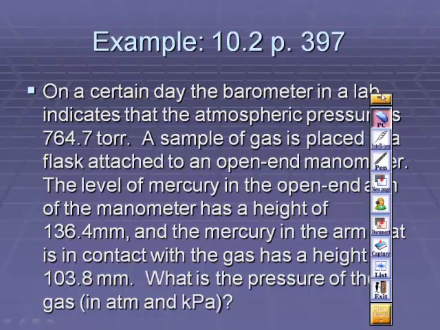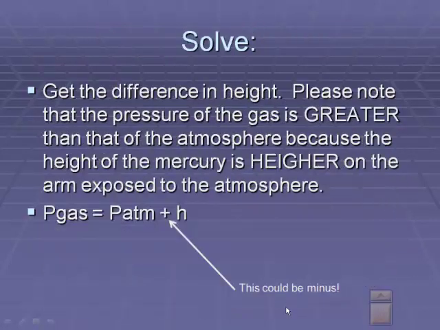So my one tiny little hesitation on this particular thing is that I want you to realize that it says, get the differences in height. Please note that the pressure of the gas is greater than that of the atmosphere because the height of the mercury is higher on the arm exposed to the atmosphere. And then, guys, you need to understand that this little plus sign could technically be a minus sign, because if the pressure in the arm,